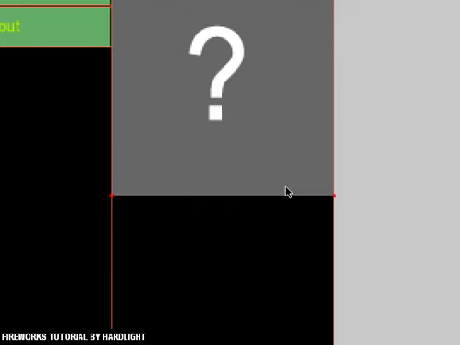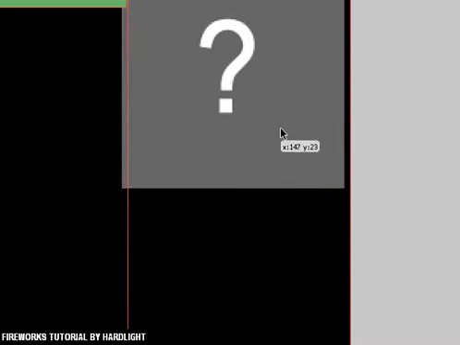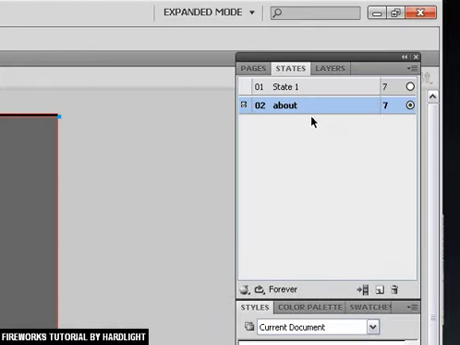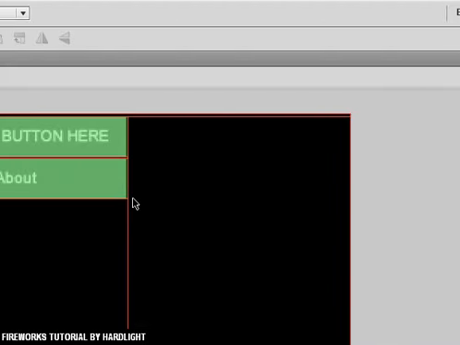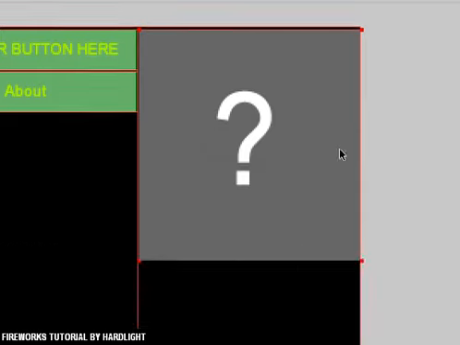So we've got this here. I normally like to, as I'm working, group items so they will move around as one item. So to do that, just select both items and press Control G. If you notice, we'll go back to state 1 and that question mark and layer disappears, but if we go back to it reappears. How does this help us? Well, if we go to state 1